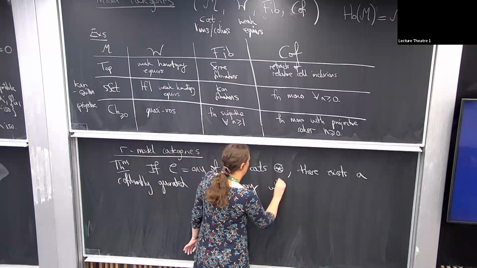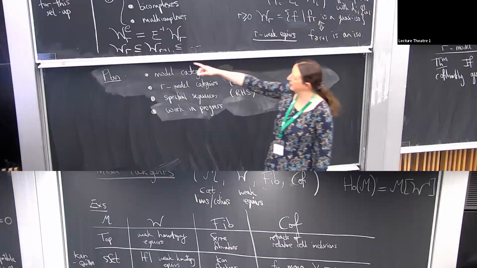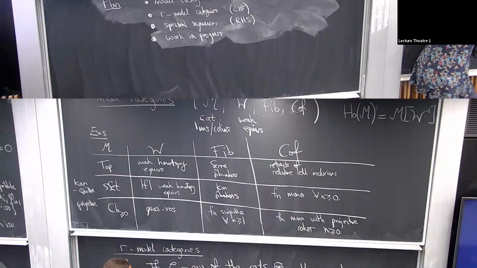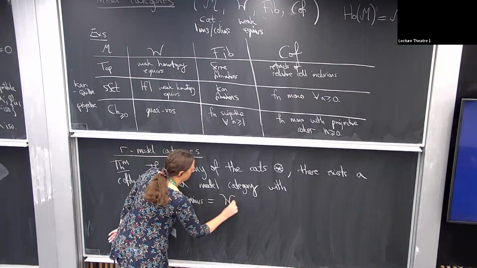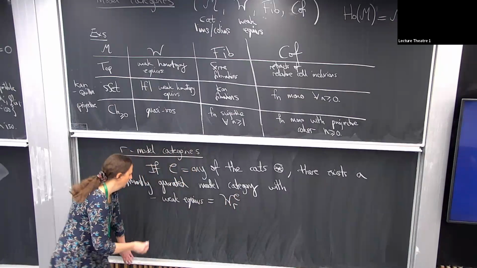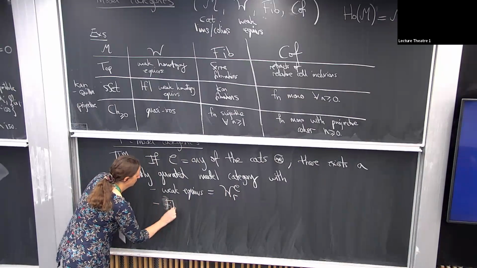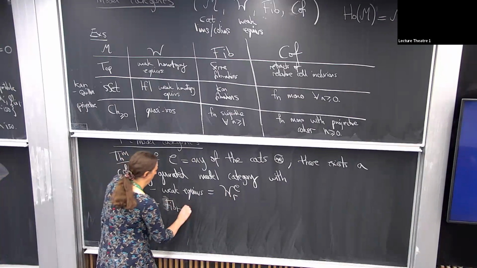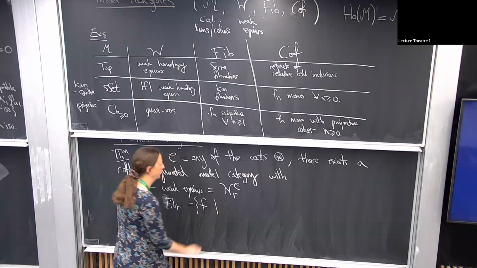with, well, so it's supposed to answer this question. So the weak equivalences are supposed to be these ones that I said there, and that's true. So the weak equivalences are the ones that I was trying to get. And the fibrations, okay, I'll write R for this. The fibrations are F such that